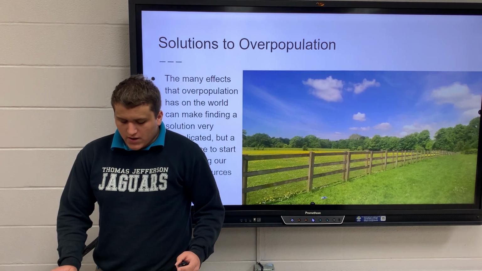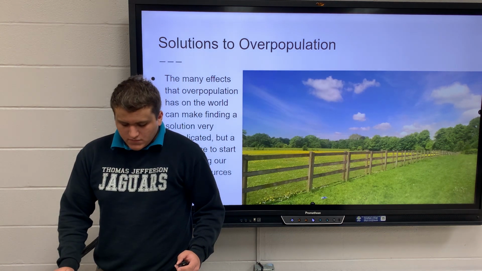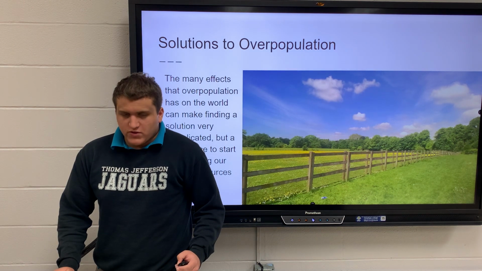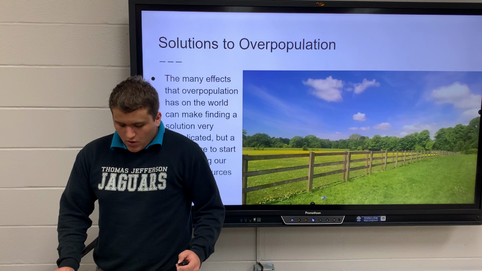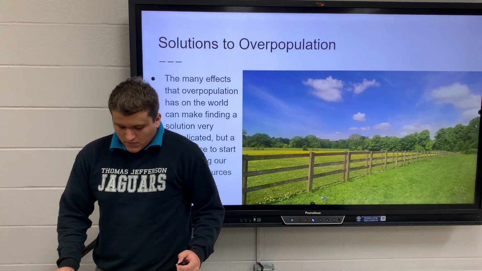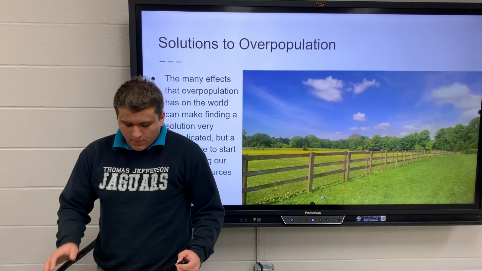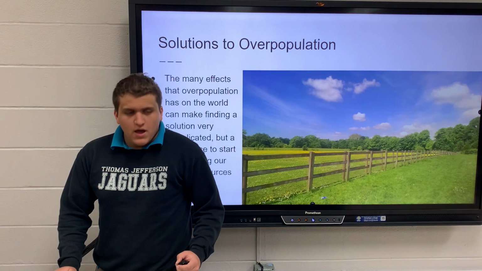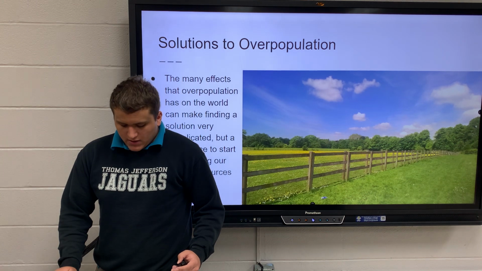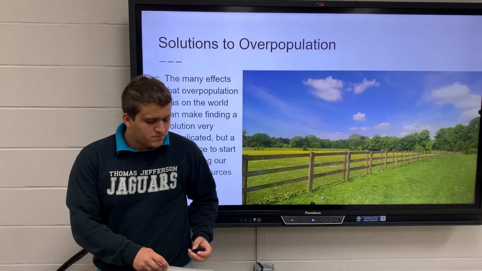One way this can be done is through environmental policies that limit the use of land in an attempt to protect it. Although in the end, it doesn't matter what policies are implemented if the population isn't educated on the dangers of overpopulation and how to combat it. As a result of how fast the population has grown, there are many people who do not understand or were simply not taught the dangers of overpopulation.